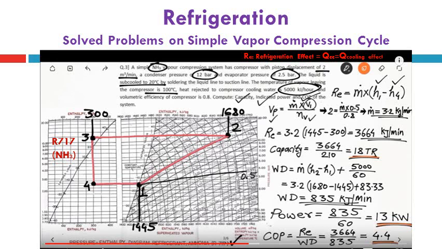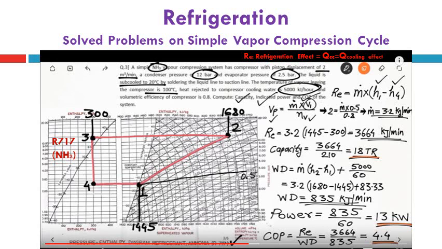Firstly, we have to go to the chart to present all the cycle corners, starting from point 1, 2, 3, 4, to indicate all the enthalpies of the ammonia based on the working pressures highlighted in the clouds at the top of the problem, 12 bar for the condenser pressure and 2.5 bar. These are the two main lines which will contain all the points of the cycle corners on the ammonia pH diagram. Then we can estimate the